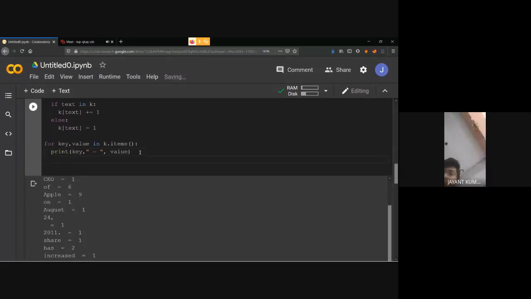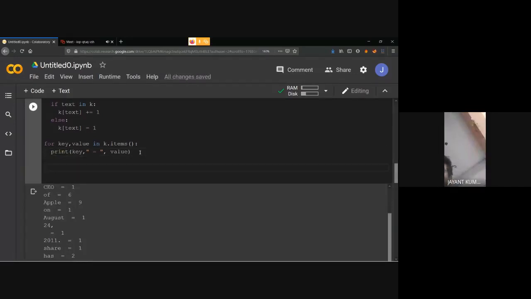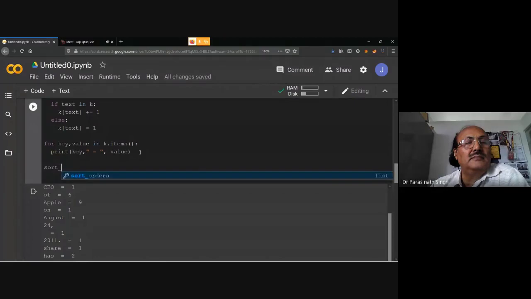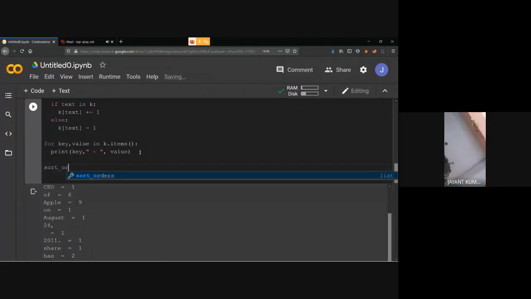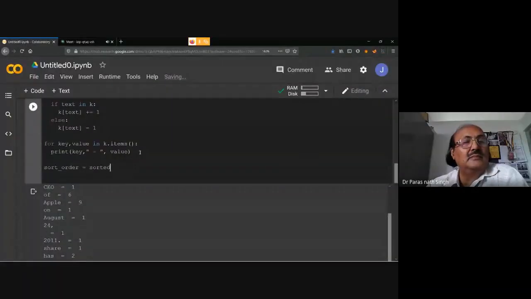And if we want to know which word is used most frequently in that dictionary, let me sort this by value. I'm using sort.